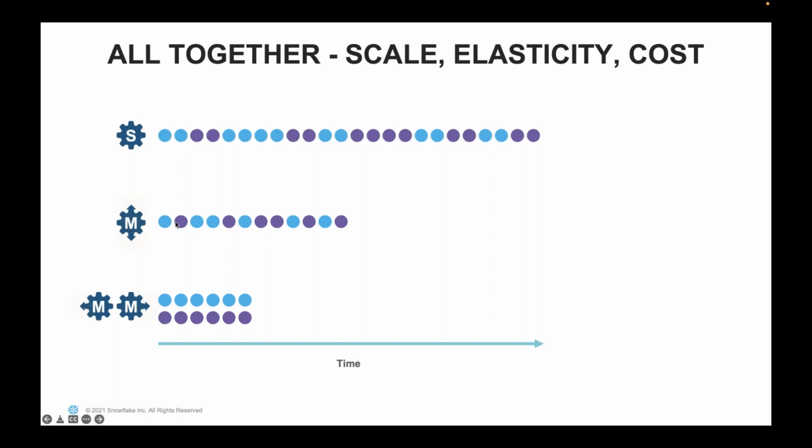Then I go with the medium. I still see that my queries are getting queued up. But when I go with the medium two-cluster warehouse, I see that yes, both workloads can run in parallel. This is one workload, handled by one cluster, and this is another one. Now this is just a single pipe, or you can say a single channel, from which the queries are running. So there is a possibility that the queries may not get resources or may not get enough time. You increase the size, which means you increase the size of your pipe, but you will still see there is a problem. But what you did is create two pipes of the medium.